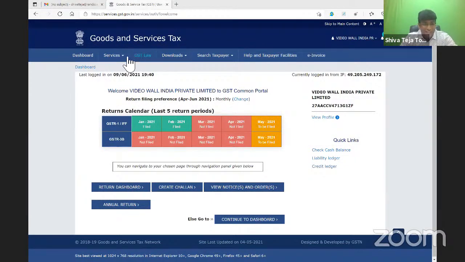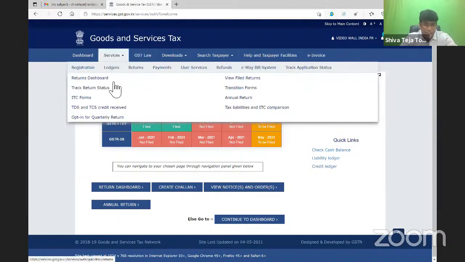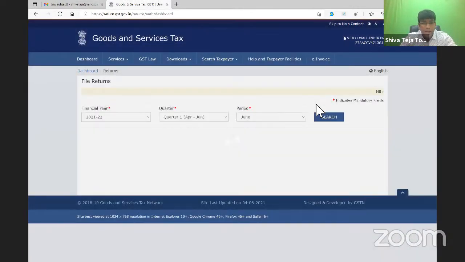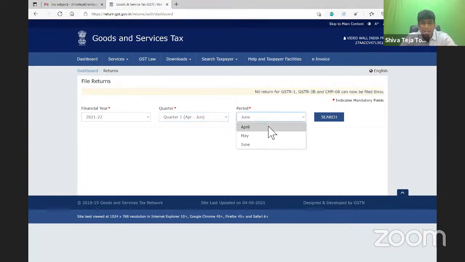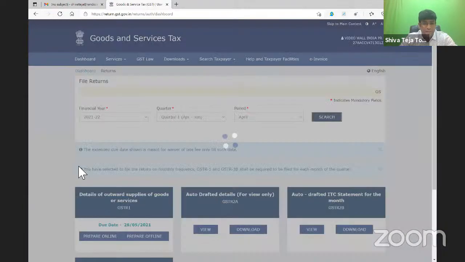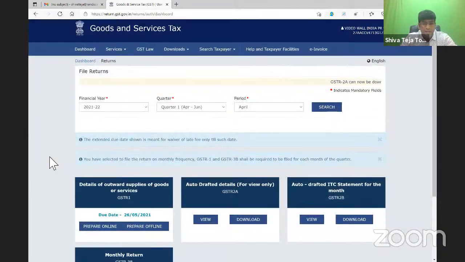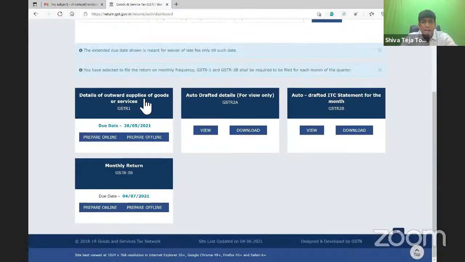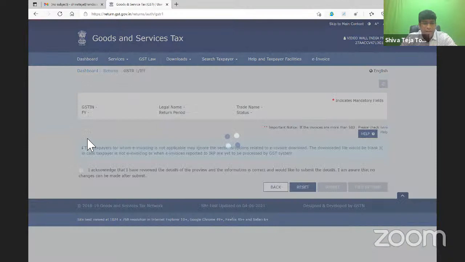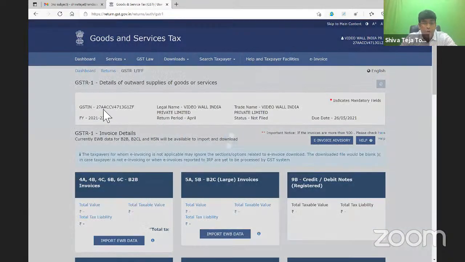See, so in services, let's say I go to returns and click on return dashboard. In the return dashboard, I'll select April to June. In this, let's say I select the April month. In that, my dear friends, here is GSTR1, details of outward supplies of goods or services. Let's say I open this GSTR1, you can see here, as I have shown you, the first thing you'll